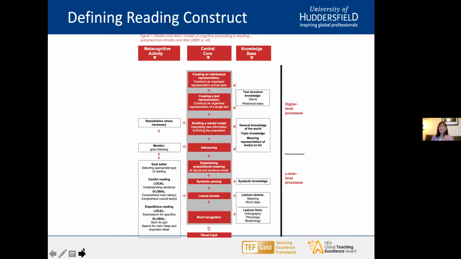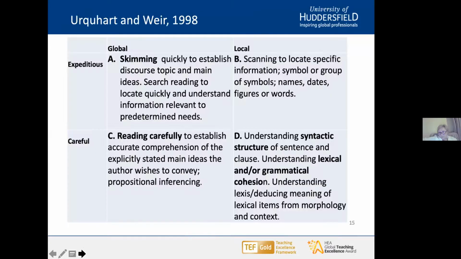And there's very accelerated research on multiple text reading, because it has been very clear that reading a text in combination with another text actually requires a different and much more sophisticated process, as we have just experienced. Okay, on a simpler and older framework, actually Urquhart and Weir